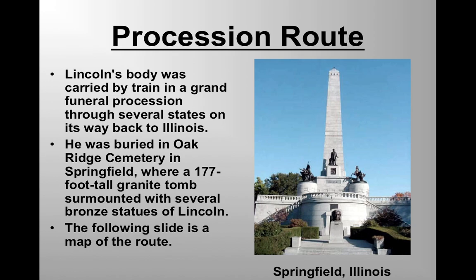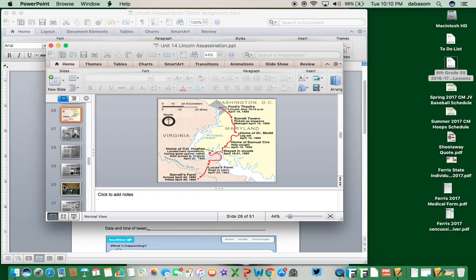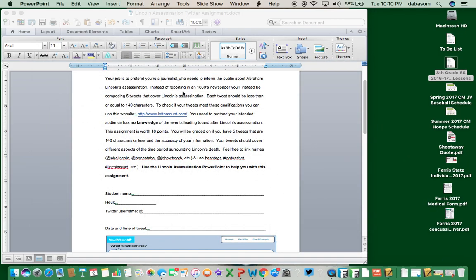His body, I've never been here, but my father-in-law has, and he says that Lincoln's body, I believe, is located in this area. But look at the massive structure here with the tomb, and then obviously all the statues here to honor the former president. And here's the way that Lincoln takes back via the railroads, and you can see where Springfield, Illinois, is located right about in the middle of the state. And that's going to be it for your Lincoln Assassination PowerPoint.